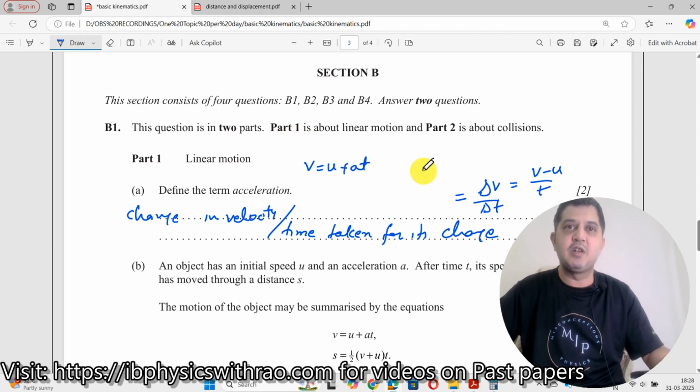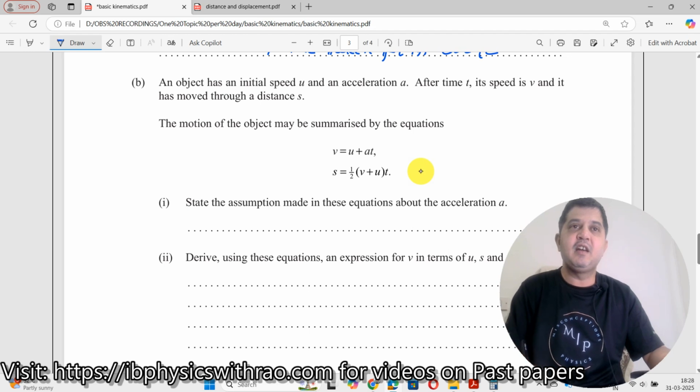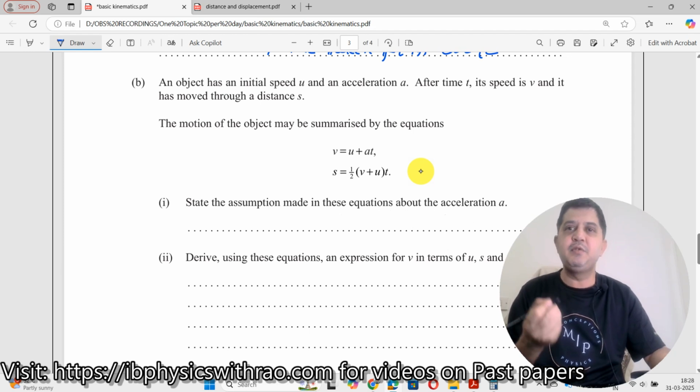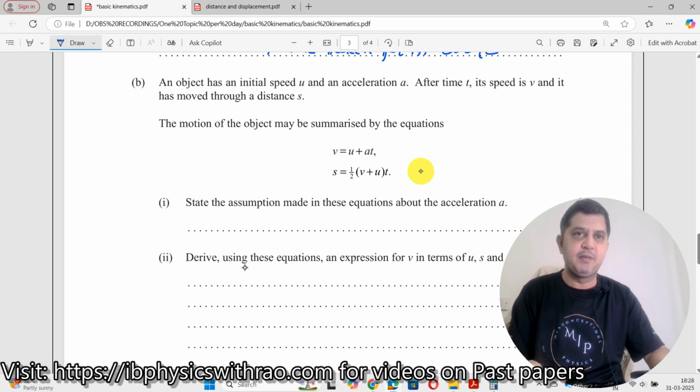Okay, now let us move on to the next question. An object has an initial speed u and an acceleration a. After time t, its speed is v, and it has moved a distance s. Equations of motion are given here. State the assumptions made in these equations about the acceleration. So when can you use equations of motion? Very simple question. You can say that the acceleration should be constant,